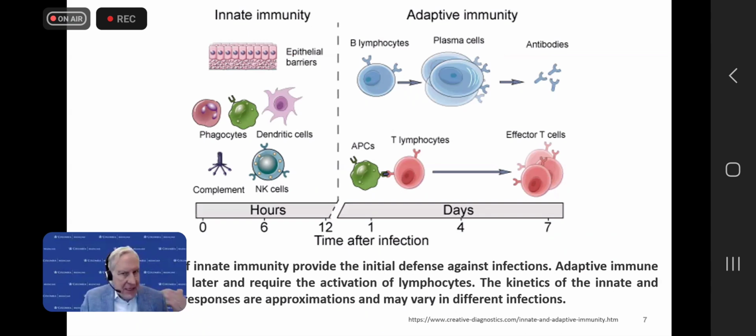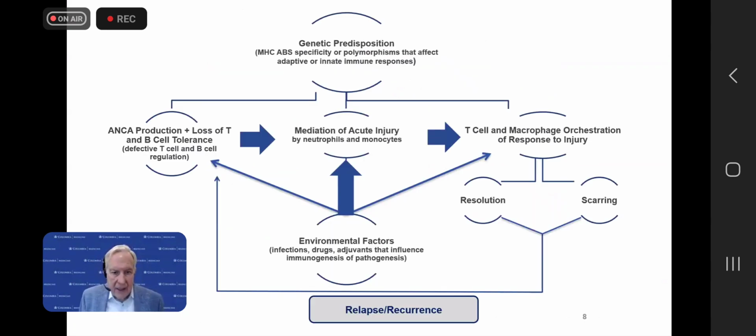Whenever one is thinking about pathogenesis or immunopathogenesis, you have to ask the question of what is associated with innate immunity. That's what happens very quickly with neutrophils and monocytes and natural killer cells. And how does that part of the immune system cause disease? And how do we want to treat that? Folks will talk about that more later. And then what is the driving force that causes lymphocytes and plasma cells to secrete antibodies, or autoantibodies in this case? So if one thinks about ANCA vasculitis, one has to think about what may produce the ANCA,